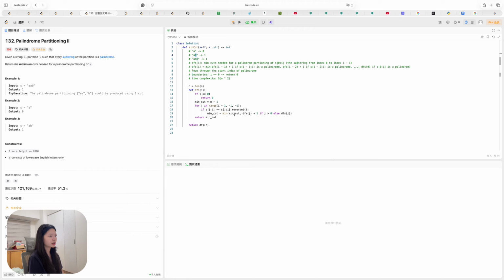So minimum cut is 1, and we have to calculate dfs(1). dfs(1) will be a range starting from 0, and if 0 to 1, so it's A. If A is a palindrome, yes it is. Minimum cut is 1, and